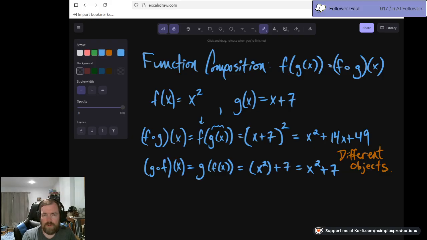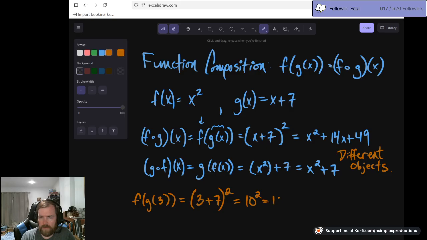The order in which you apply things can make quite a bit of a difference in what our result is. So if we wanted, again, something like f of g of 3, then we're going to take 3 plus 7 and then square it, which is 10 squared, which is going to be 100. Whereas if we did g of f of 3,